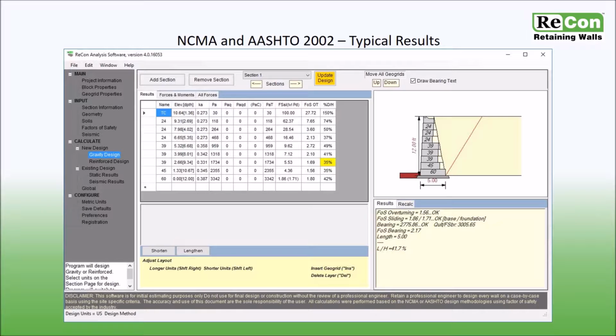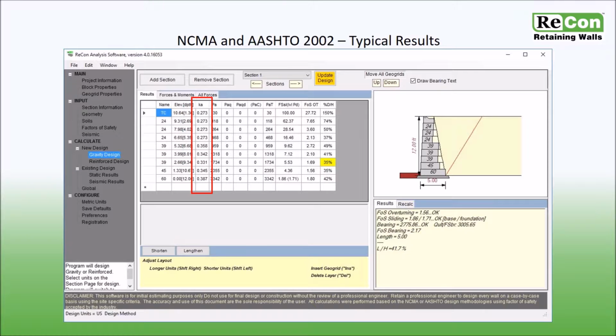The table provides a summary of the analysis, including block sizes, forces, and results. Going from left to right, the table includes name, which is just the block name and may vary by depth, elevation, the bottom elevation of the block above the leveling pad. The depth to the block is also shown in brackets, which is the bottom of the block depth starting from the top of the wall. Next in the table is Ka. Ka is the active earth pressure coefficient. As you can see, Ka varies depending on the course, since it is calculated using the effective batter along the